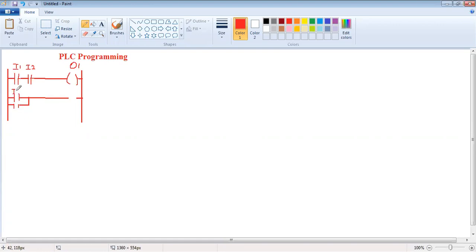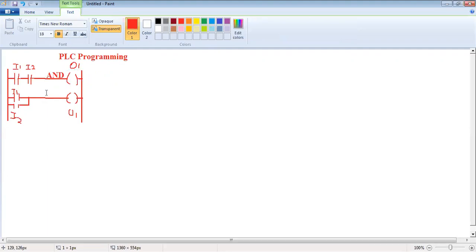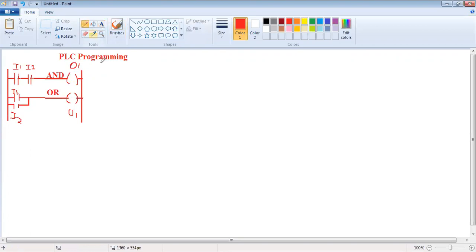So this is input 1, this is input number 2, and obviously here output. So this is AND, this is OR. We know that when input is 0 0, output is 0. Input is 0 1, output is 1. Input is 1 0, output is 1. Input is 1 1, output is 1.